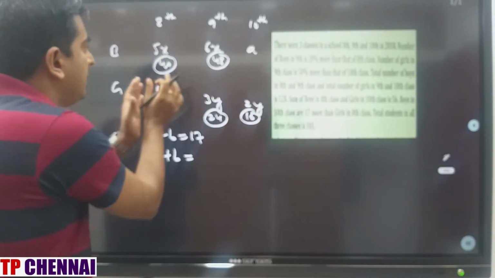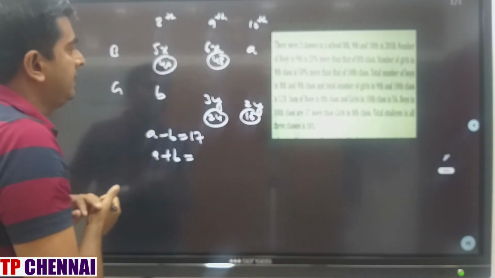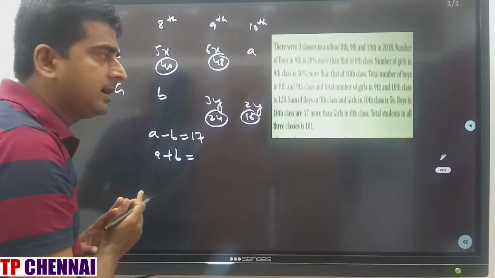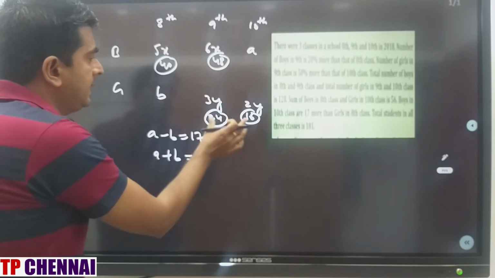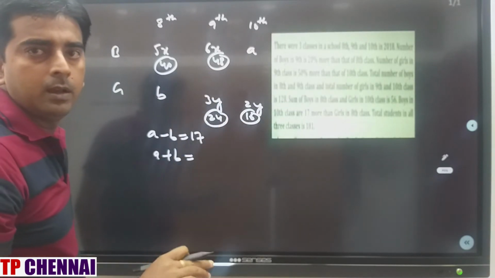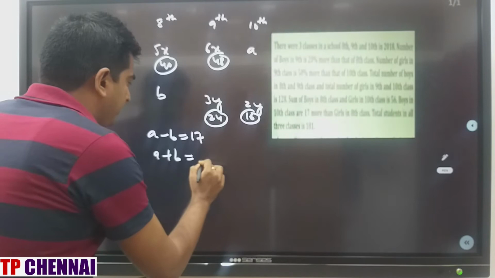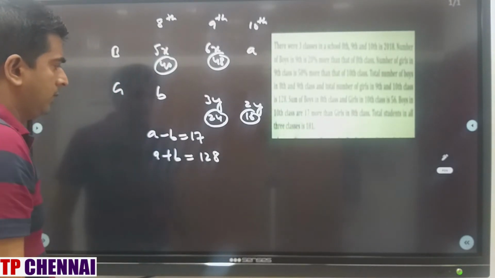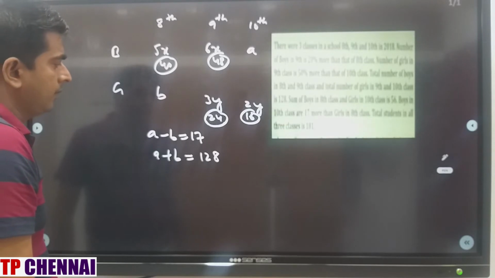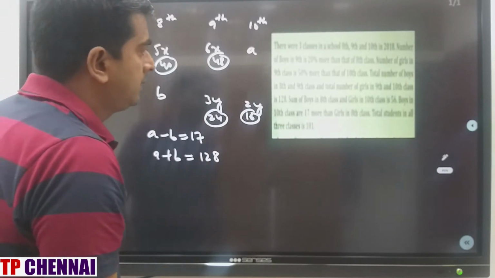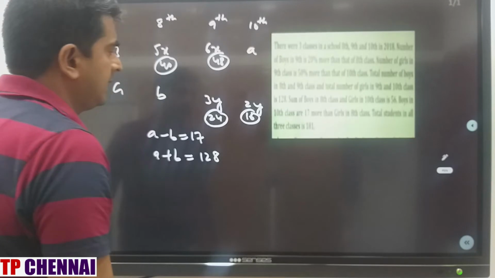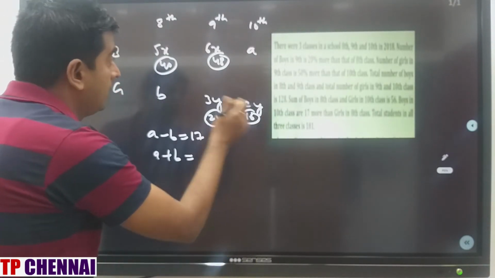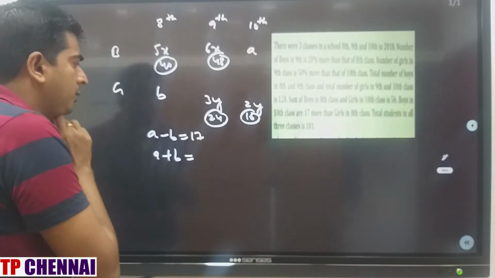If you subtract this one, that means 48, this is 88. 88 plus 40 is 128. If you subtract, you will get the remaining part. So A plus B will be how much? 88 plus 40, how much? 128. Right? If you add here, what are you going to get? A minus B is 17 and A plus B is how much? That means 181 minus this number 128, right? So this is how much? 53.